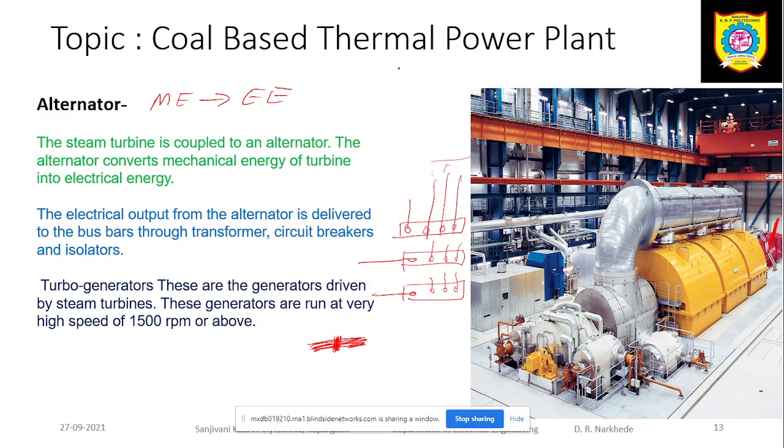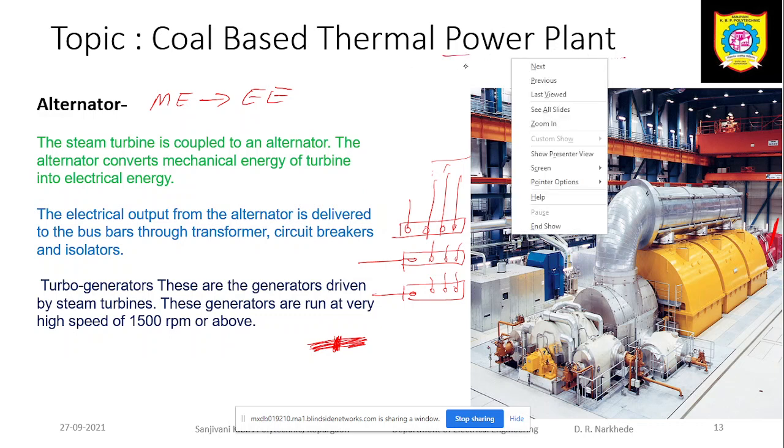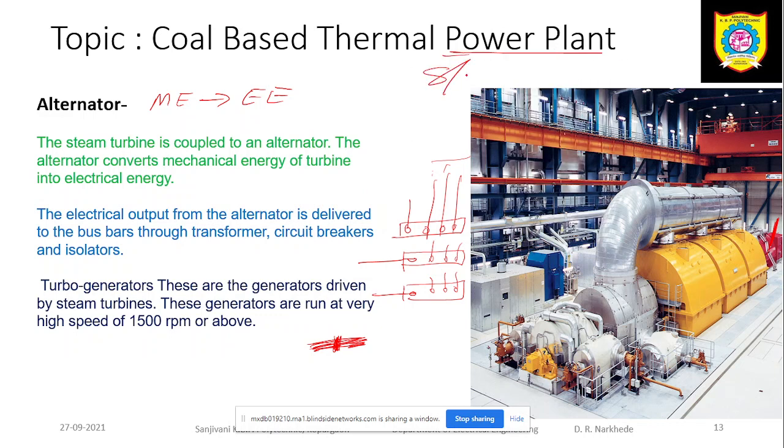Basically at the thermal power plant, or at any power plant, which transformer do we see? There is a step up transformer. Every power plant has a step up transformer, which increases the voltage level. Now, why the voltage level is increased, that we are going to discuss.